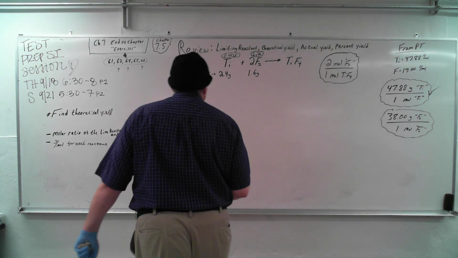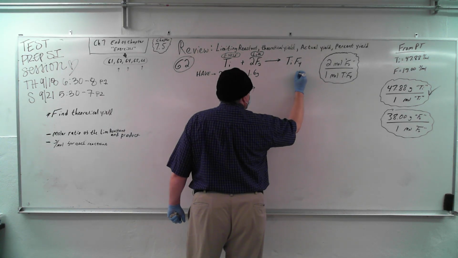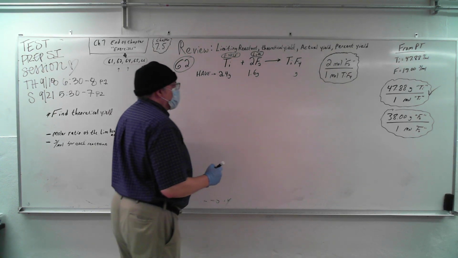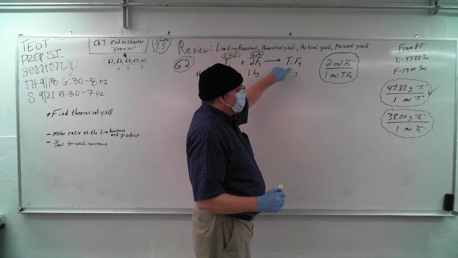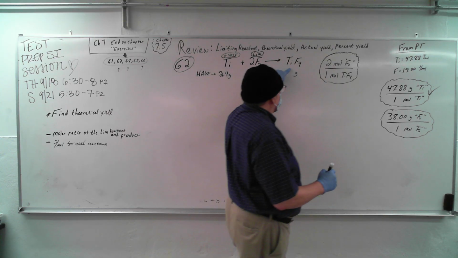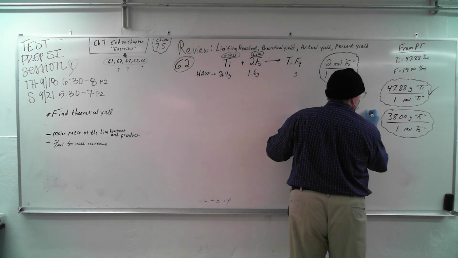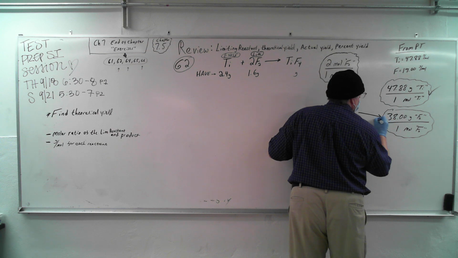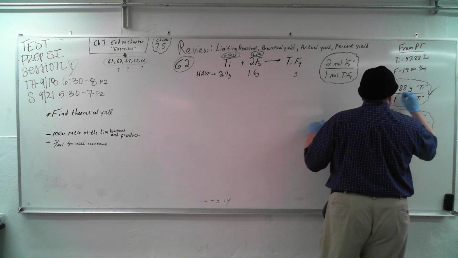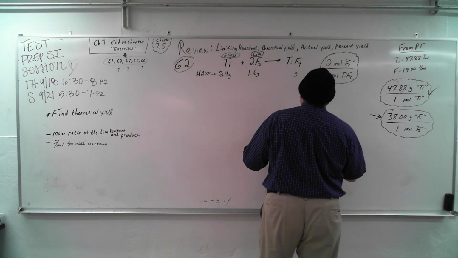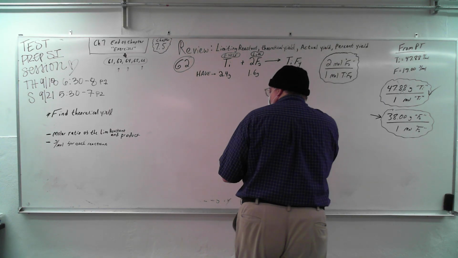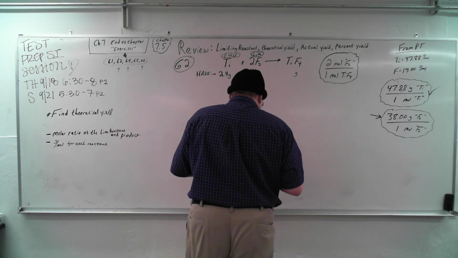And we're going to need to come up with grams here. So we're going to need the grams per mole of the limiting reactant, and we're going to need the grams per mole of this. The grams per mole of the limiting reactant is this. That's our limiting reactant. So we're kind of done with that. The grams per mole of TiF4 is going to